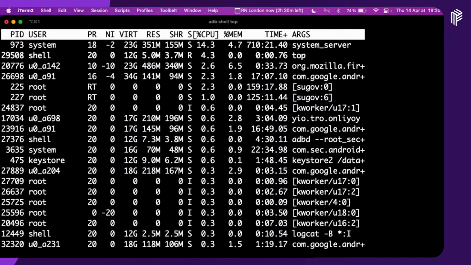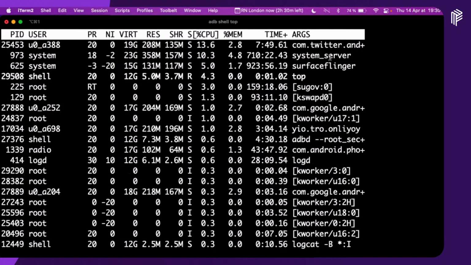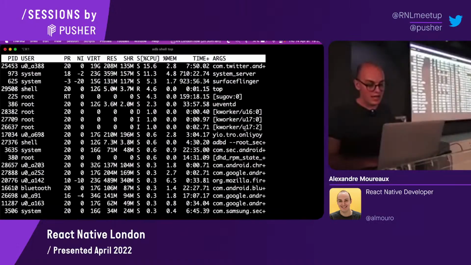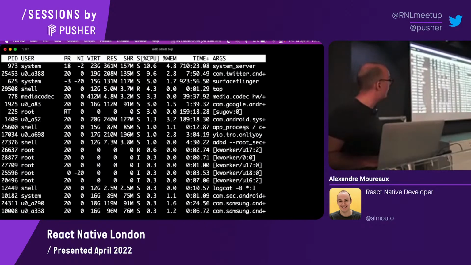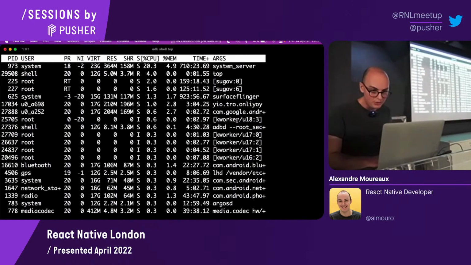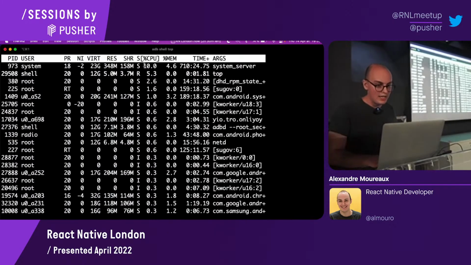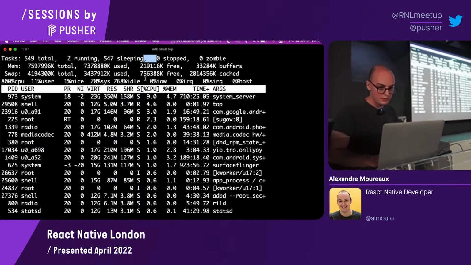But there's a lot of stuff happening on that screen. On the right side, you have the names of processes on your phone. And there are names that look like bundle IDs of apps. For example, I have com.twitter.android going over the top at some point. Apparently, Twitter is doing some stuff in the background that I'm not aware of. And you have CPU usage here.